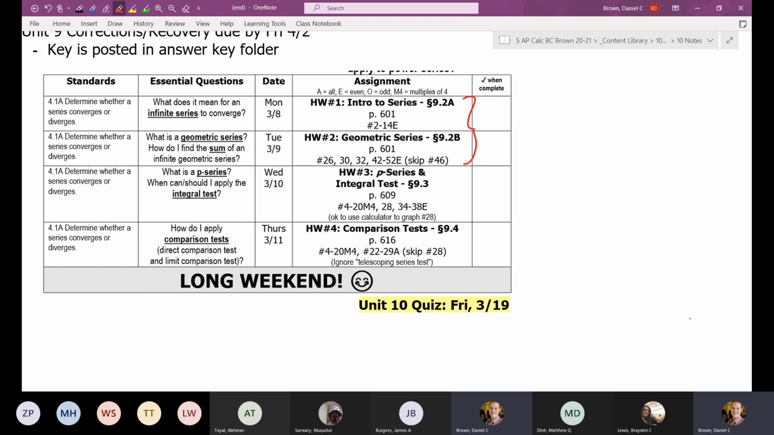So we're going to do the integral test tomorrow. And then on Thursday, we're going to do the direct comparison test and the limit comparison test. And that will put us at halfway through the first half of the unit. So I can go ahead and get started on that homework. Again, this is the 1 unit. I'm going to ask you